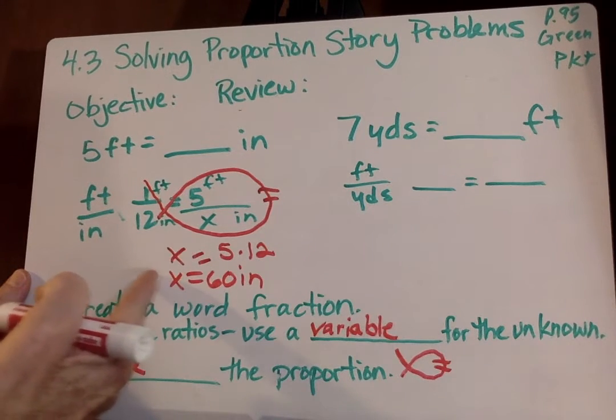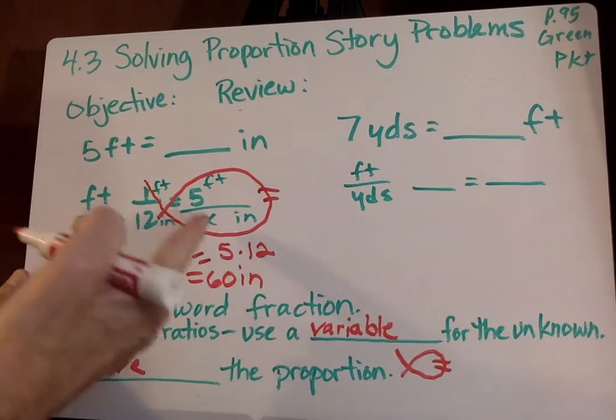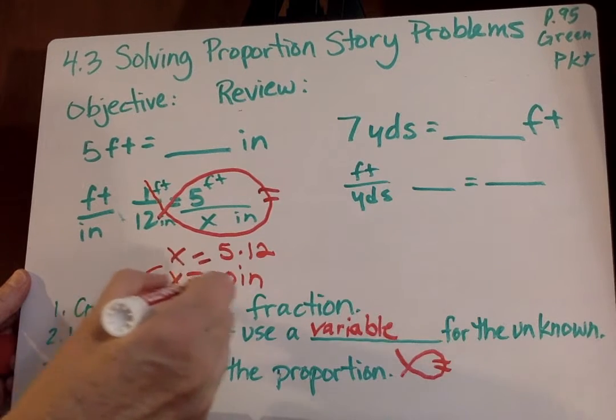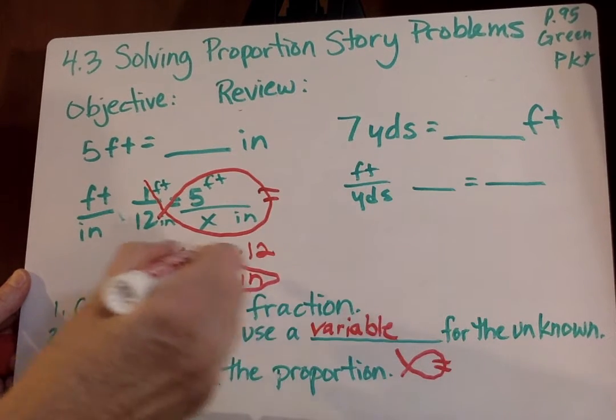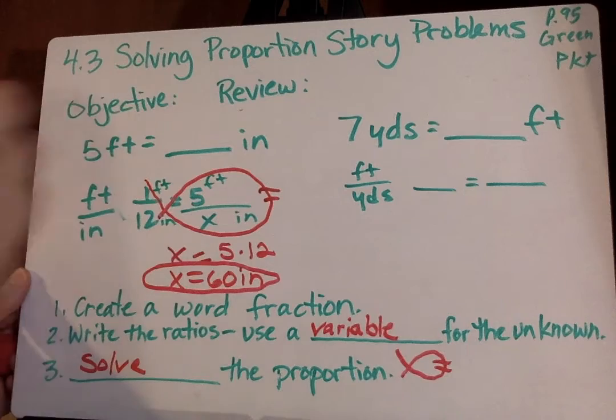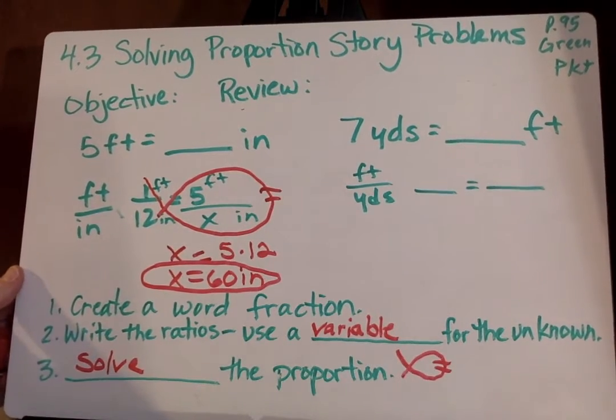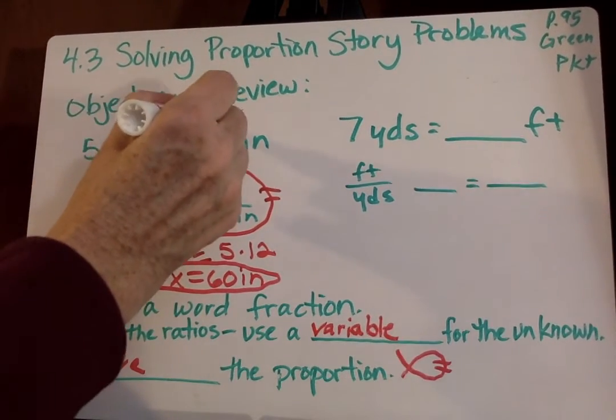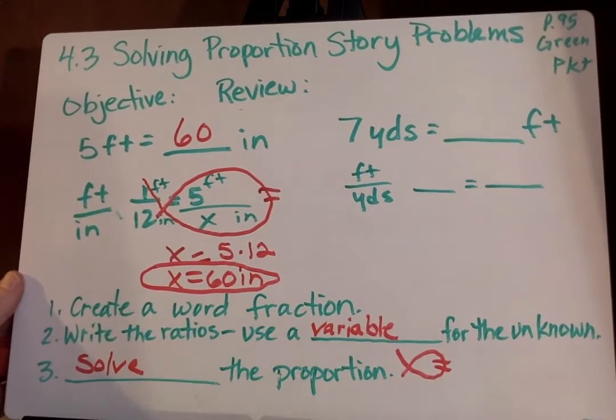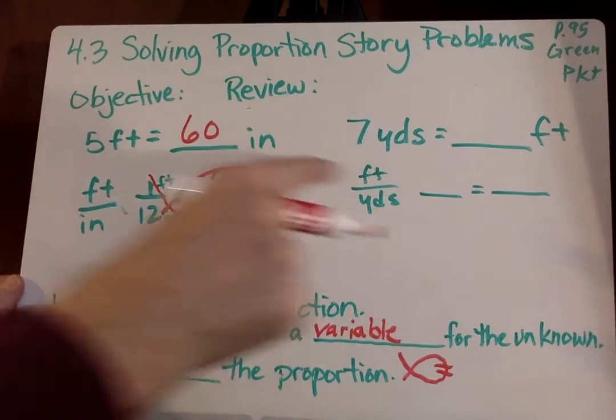Normally, if there's a number in front of X you would need to divide, but if it's 1X, you don't need to divide anything, and you're all done. Okay? All right, so we put 60 inches there. I'm going to go ahead and write it in right there. Okay, now we do the same thing over here for